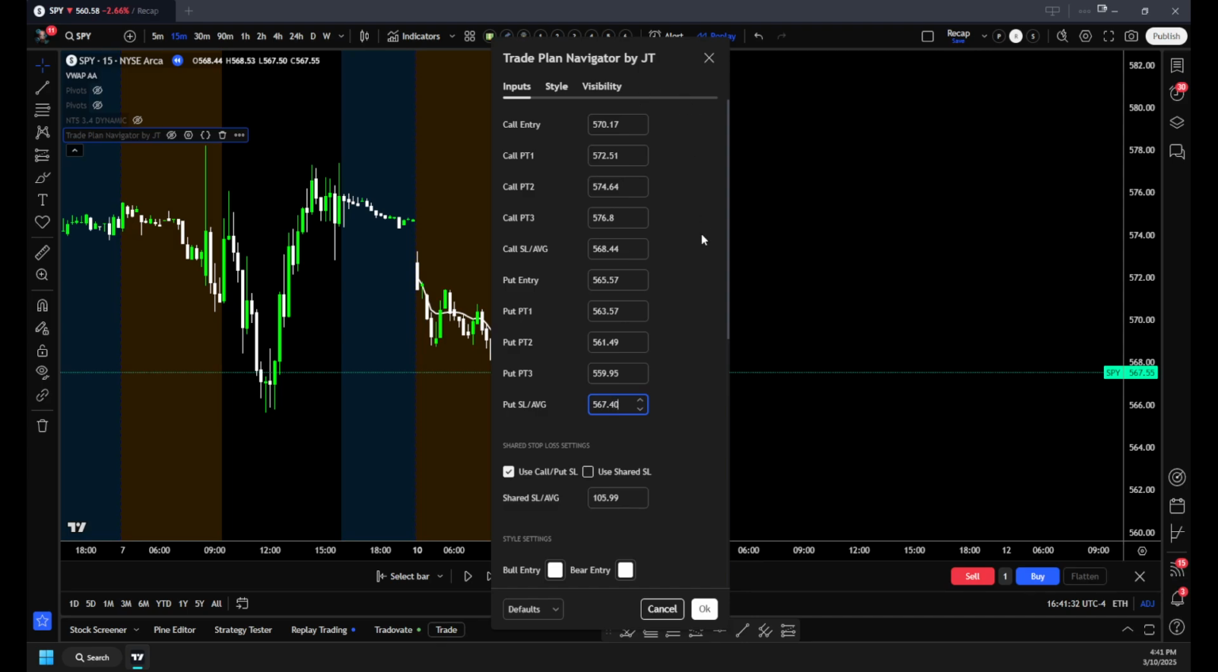567.40. Now, if you do happen to have a shared level that is the same for your call stop loss and put stop loss average down levels, in those cases, just so you aren't getting two alerts whenever that level is being tested, you're going to want to switch from using the call put SL to using a shared stop loss. Again, in this particular case, we don't have a shared stop loss, but if it is the same exact